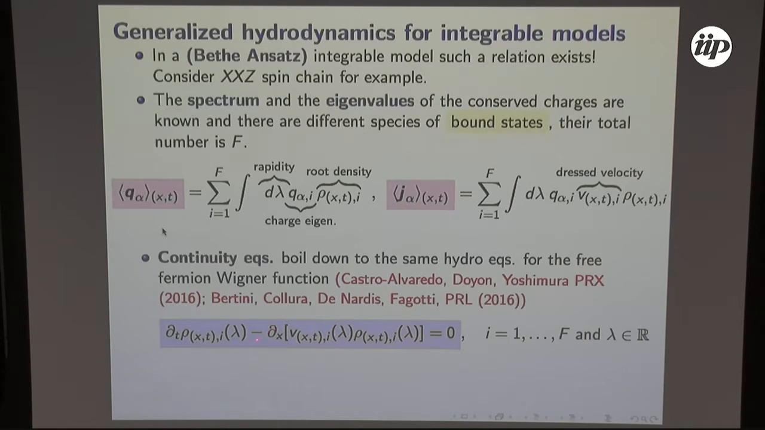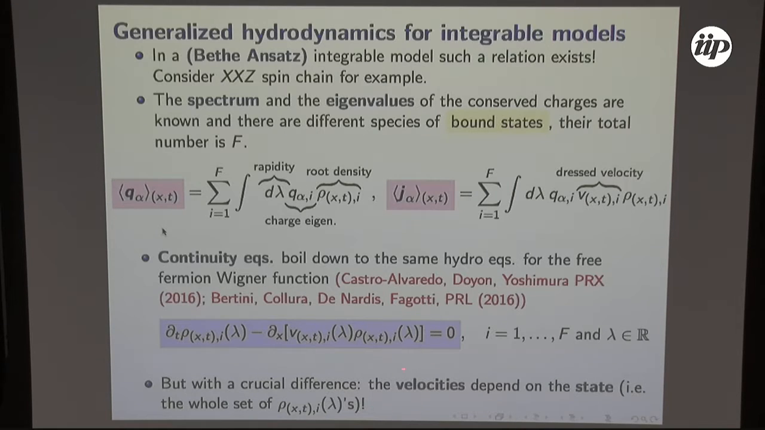It's a continuity equation for the root density, and if you have some boundary condition for rho, you can solve it. You can plug it in here, and then you can get, as in the free fermionic case, a full expression for the conserved charges at position x and t, and the current at position x and t. So in particular, the magnetization also. Of course, solving this equation is very complicated